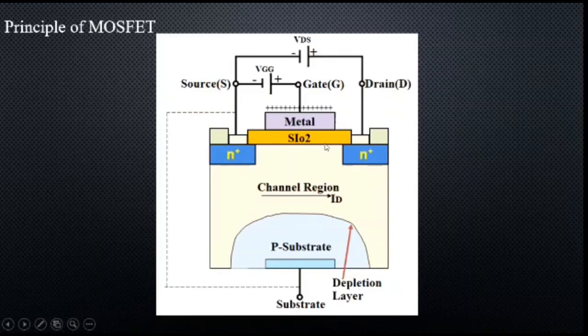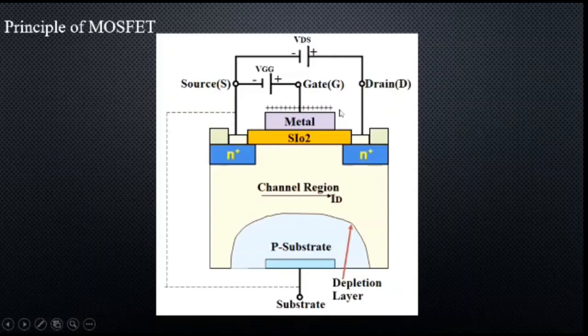The number of free electrons accumulated at the gate contact depends on the strength of the positive voltage applied. The higher the applied positive voltage, the greater the width of the N channel formed due to the electron accumulation. This eventually increases the conductivity and the drain current will start to flow between the source and drain.